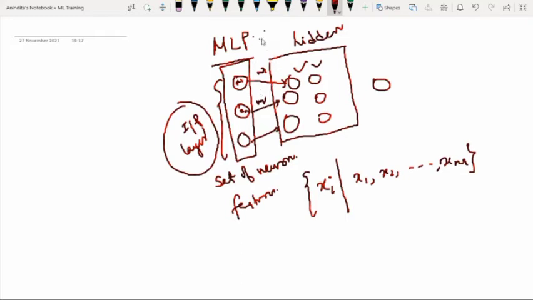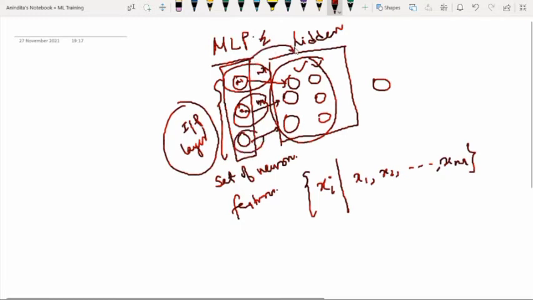Afterwards we will perform some weighted sum over here. So what is this hidden layer? Conceptually we know that whatever information and weight we are gathering from the previous layer, they are coming to the next layer. What is the purpose of the neurons of the hidden layer? The purpose of the neurons in the hidden layer is that it transforms the value.